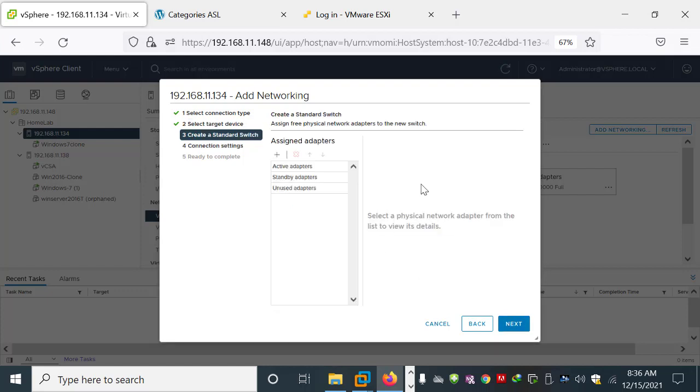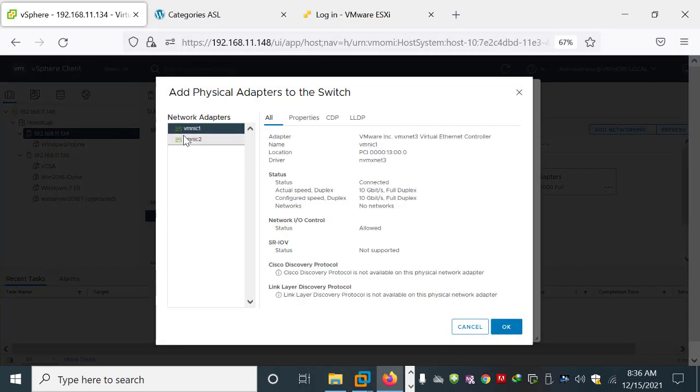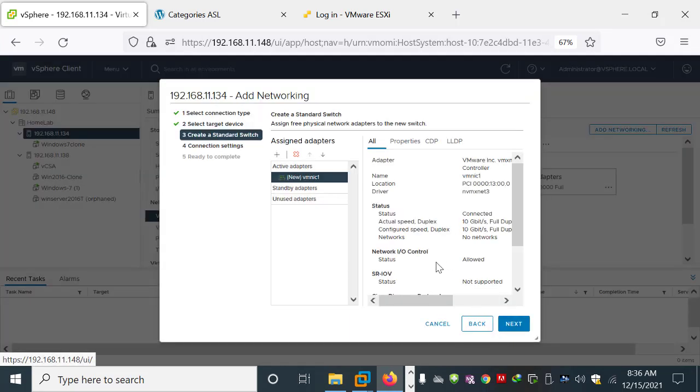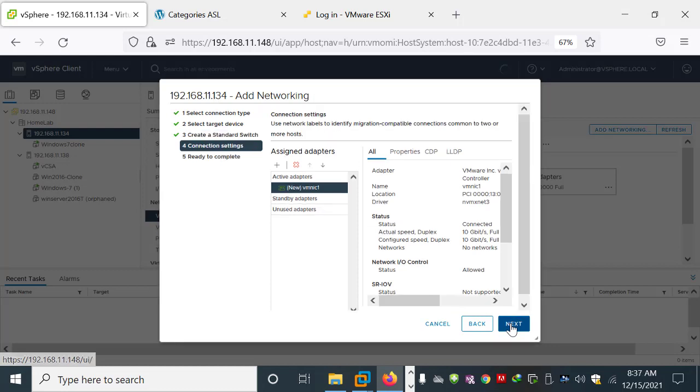It will ask what is the physical network adapter associated with this switch. So click on the plus sign. Here you can see I have two adapters. Basically I have three adapters, but one is used with my default adapter. So I can select the second one, which is vmnic1. Click OK and then again click next.